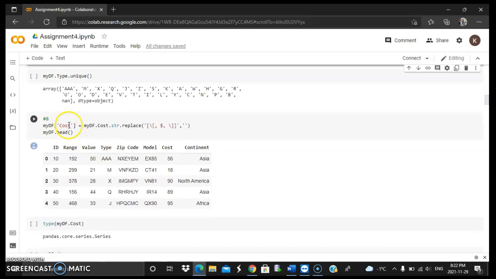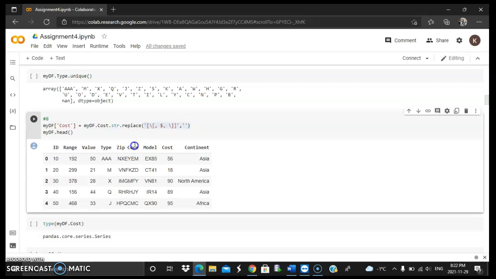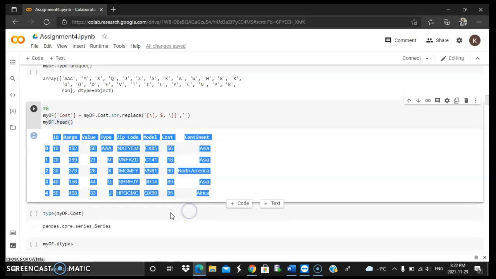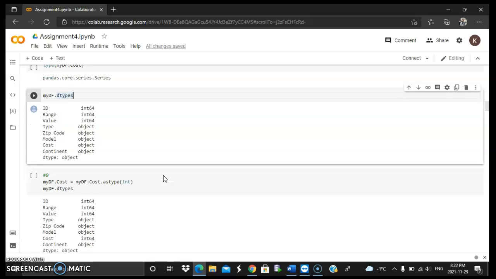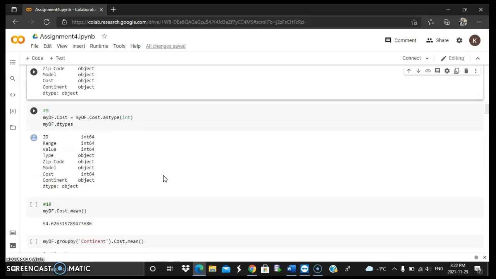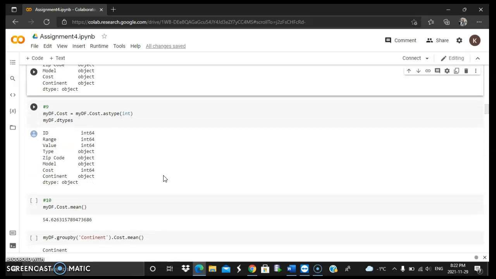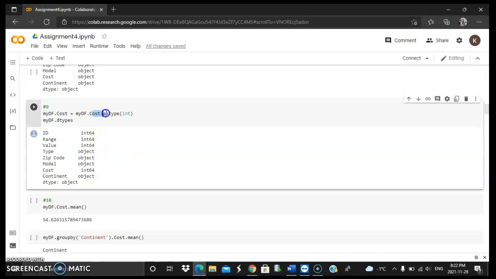You can clearly see from the cost column we are deleting all of this and again running the code to make sure that we have the desired result. And then we change the cost data type to integer and display the result. You can clearly see we just changed the data type to integer.